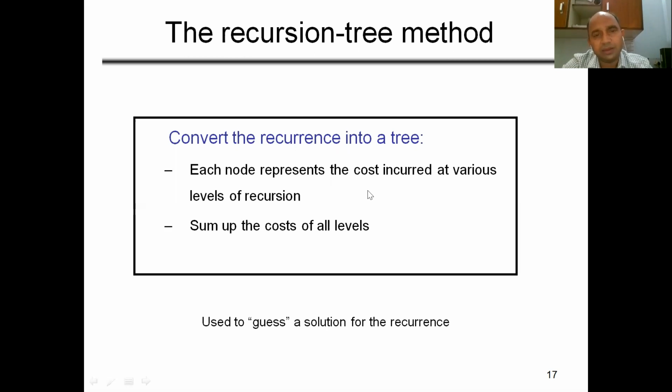After converting my recurrence relation into the tree, I can calculate the value of the tree at each node, and then after calculating the value of each node, I can sum up all the cost by finding the cost of all levels. To understand this method better, let's take an example. We have the recurrence relation W(n) = 2W(n/2) + n square. We know that this relation represents the recurrence relation for merge sort. So how can we write the solution by using this method?